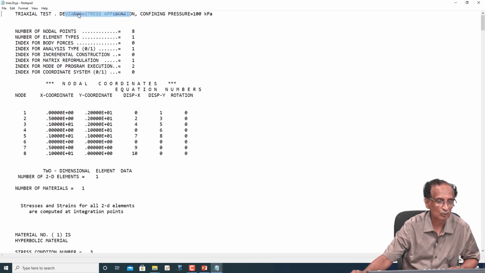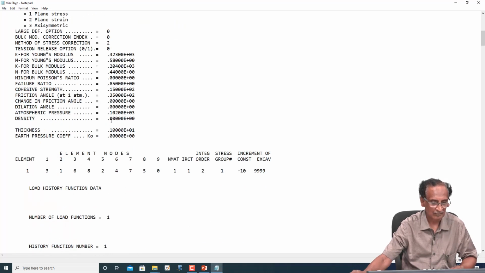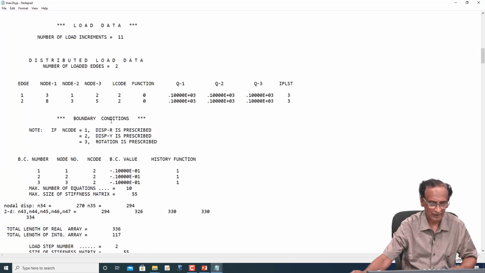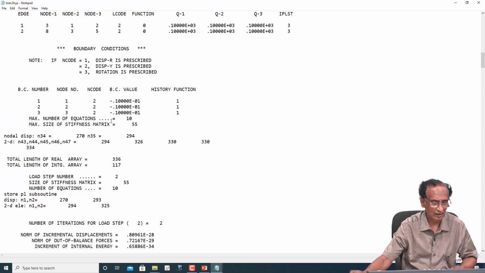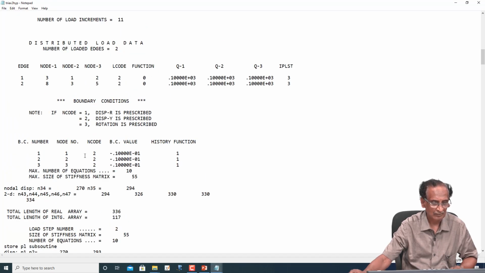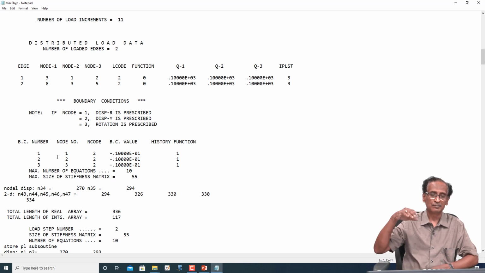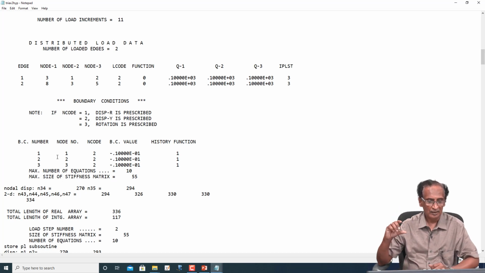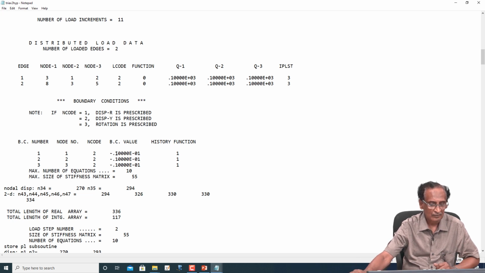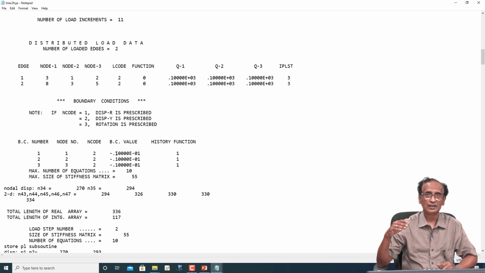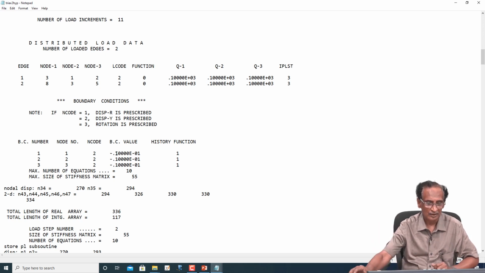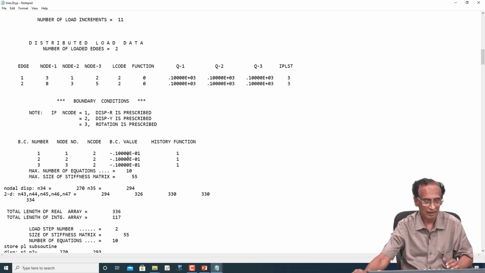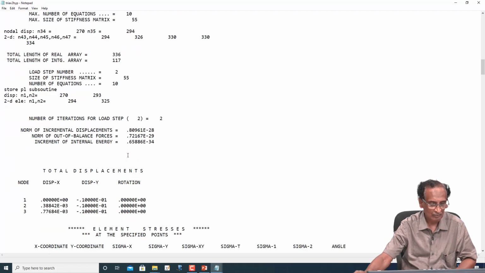Oops, let me zoom it. Okay, right. So, here in the second phase, we are applying axial deformations. So, at nodes 1, 2, 3 at the top, I am applying displacements of 0.01 at each step, and that divided by 2 is 0.005. Okay, that is what we had done in the hand calculations. Okay. And